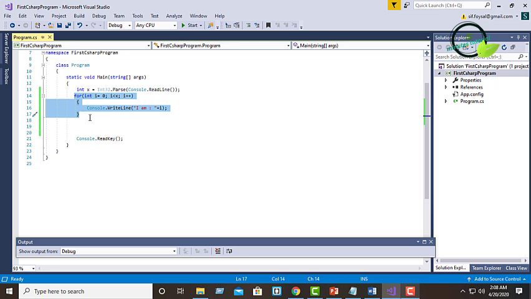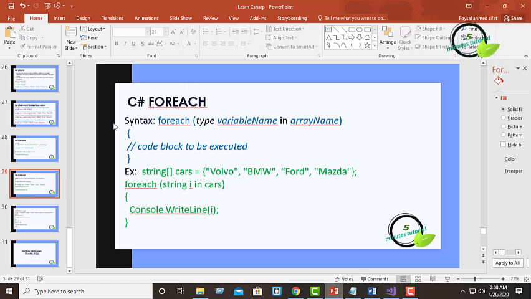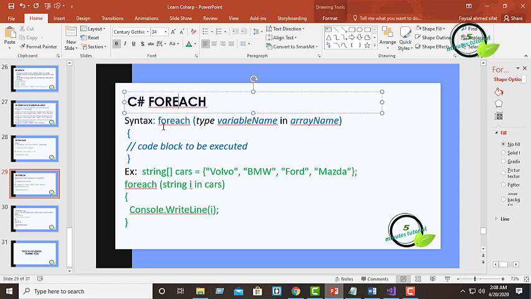So now we will go back to our slide. Here, for each is actually used for giving the output from any string or array. Here is the syntax of for each.